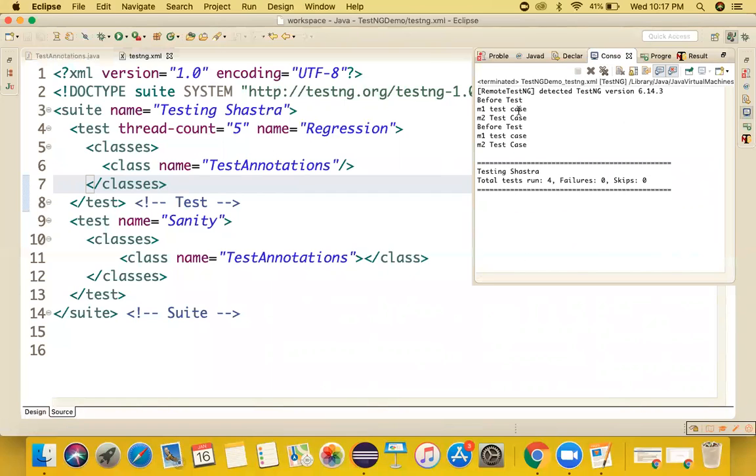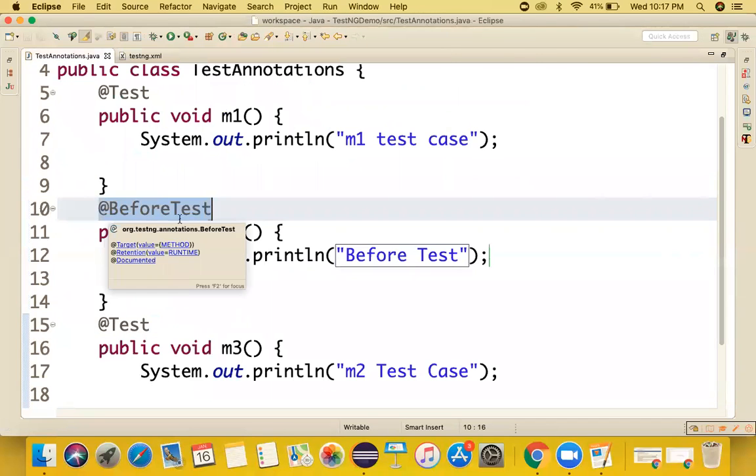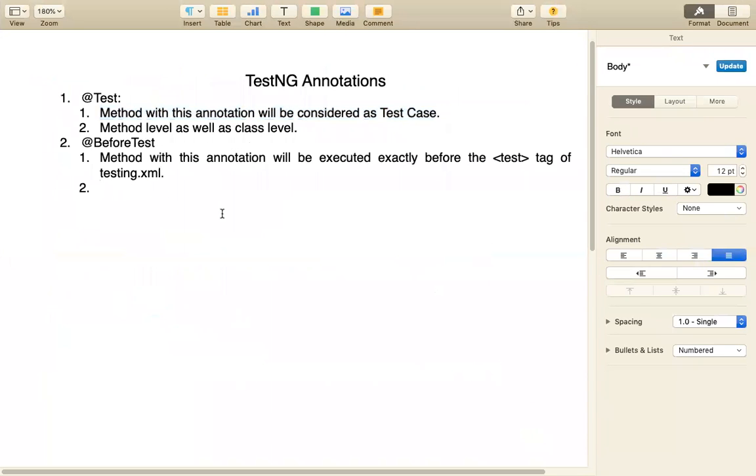Done. Can you see now? Before test is executed once, before test is executed twice over here. Why is it executed twice? Because we have two test tags over here. Okay, so this is the before test annotation. Next annotation we have, and this is a method level annotation. Okay, you cannot write it at class level. This is a method level annotation. Perfect. Next annotation we have is